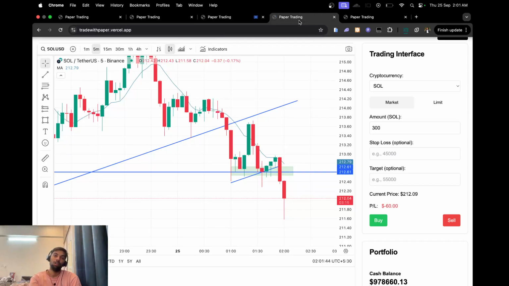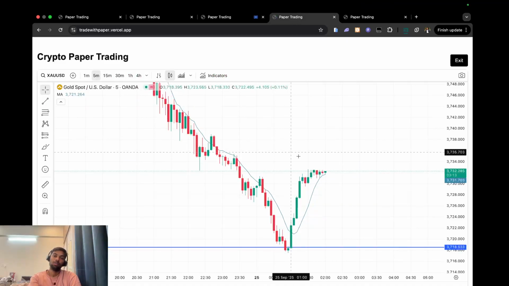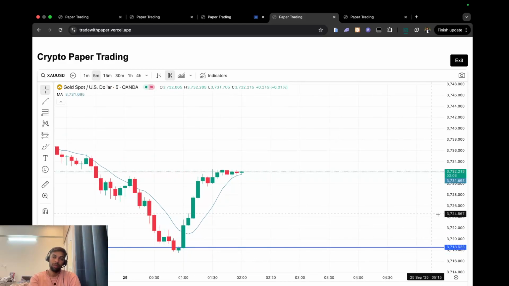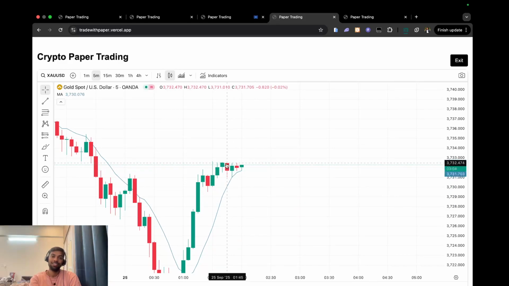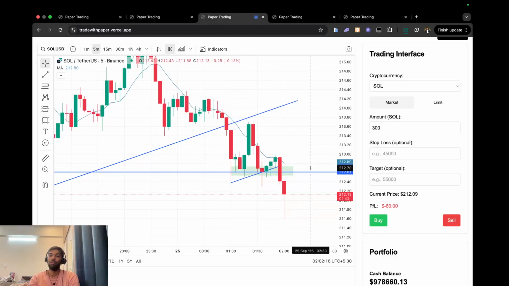What is happening to the gold? Is there any trade in gold? I'm not sure that there might be a trade in gold, because this is another fumble happening in the gold, so this is the exhaustion phase of the buyers, and buyers are not interested anymore. So there is a need for a strong red candle here, so that the market will continue to make lower lows again. But let's focus on our trade in Sol.